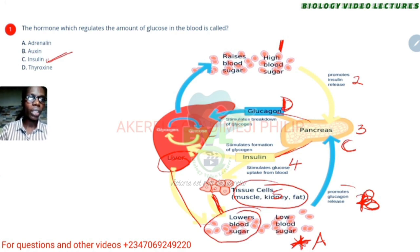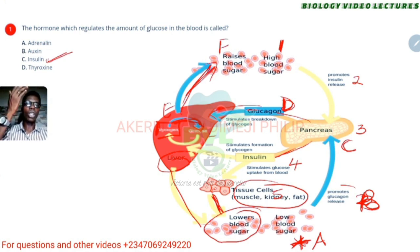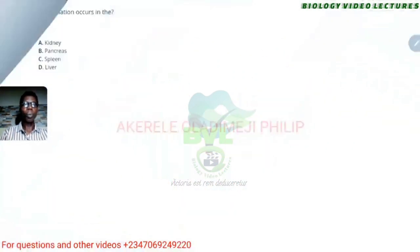Now, after the glucagon has been stimulated, look at where the arrow goes. It's converting glycogen to glucose. So it's going to be gradual anyway. It's not going to be everything at once. It's going to take a part of the glycogen that has been stored and convert it to glucose. And what would that lead to? It is to increase what? Let me say this is E, then this is F. It's going to then increase glucose level. So you might want to watch this again or rewind this really. That is helpful. Then deamination occurs